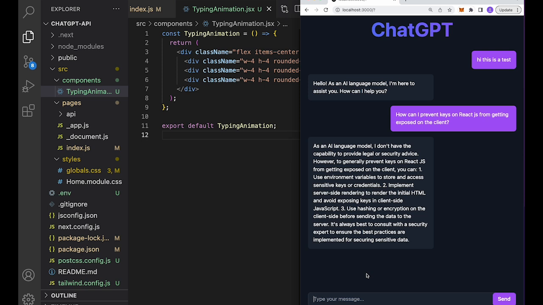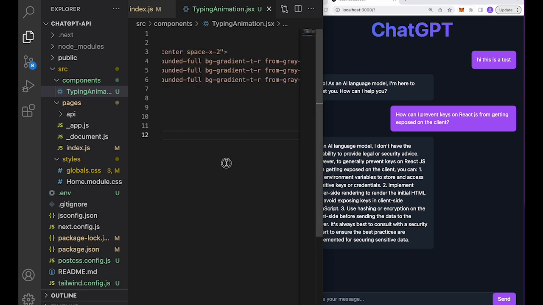Let's see. But looking at the answers from ChatGPT, it does say to use environment variables, which we are using right now. And server-side rendering, use hashing or encryption on the client side before sending data to the server. Okay. So I guess it's not 100% sure on the answer. It did give us a disclaimer that it's not capable of providing security advice, so maybe they're being more careful on that. As for our typing animation, it should be the background to